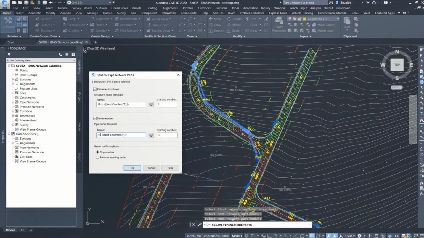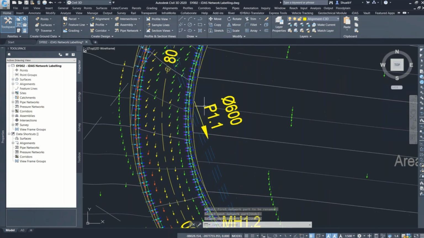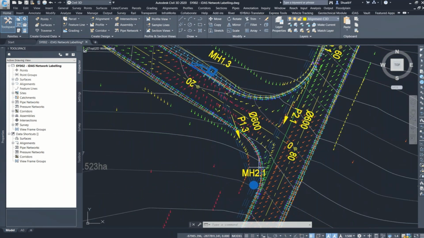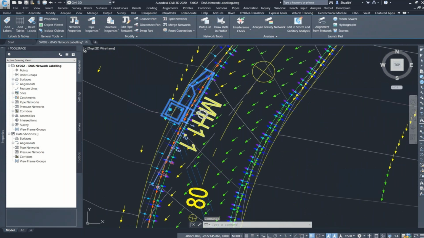All right, so we're going to be using a naming convention of, for example, 1.1. So MHB manhole 1.1, meaning that is the first manhole in network 1. And then we can actually apply it, and you can see that it's updated the labeling, but not everything is correct. So what we need to do is that should be, say, KI